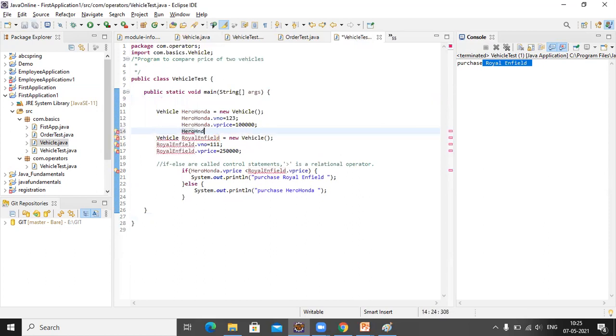Hero Honda dot manufacturer equal to Honda.